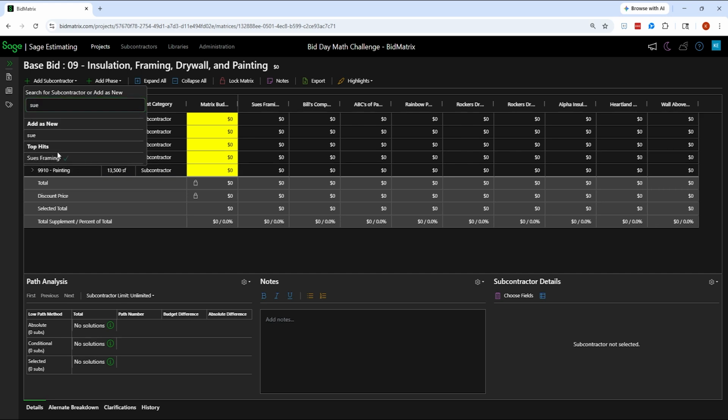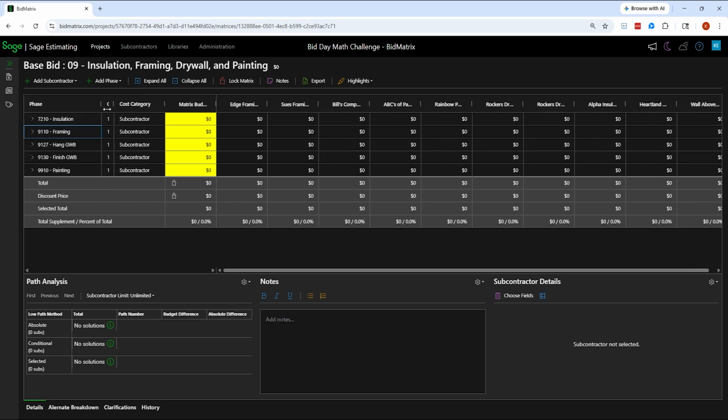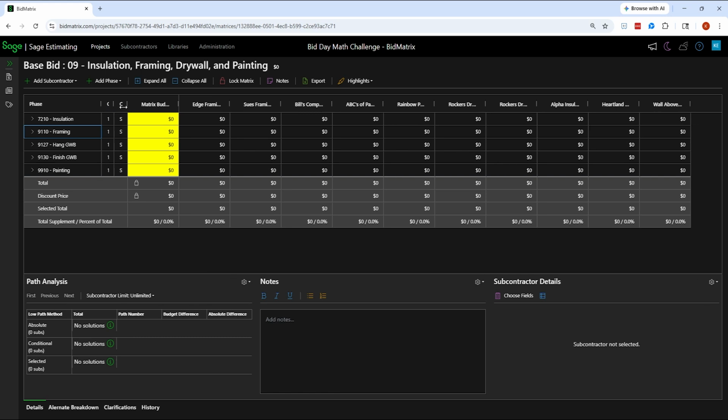So these are all things that typically an estimator would have all in a scope, or at least broken off ahead of time, since a lot of times we have a rough idea who's giving us bids up front. Okay, so let's go ahead and start with this for a moment then, and I'm going to crunch this up a little bit so I can get a little bit more on the screen.